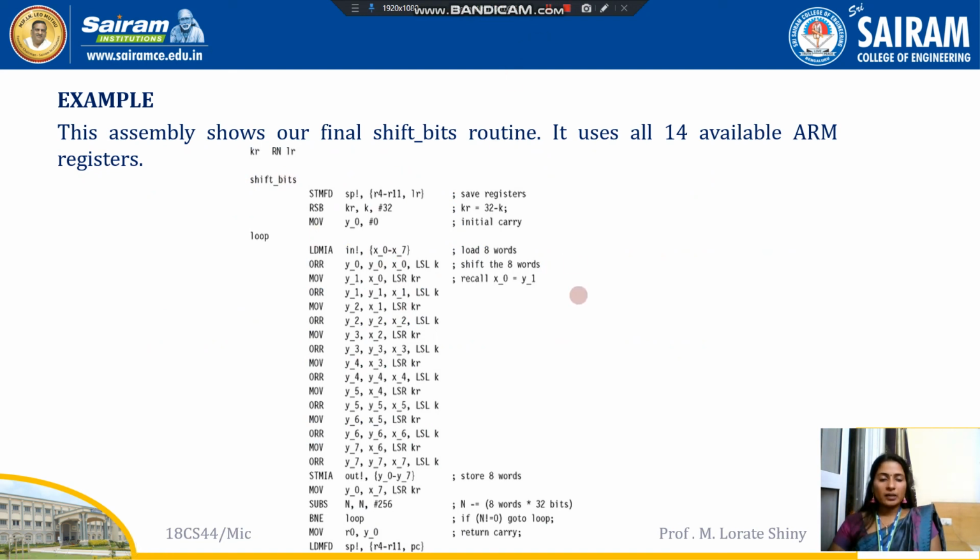KR and carry, these two are left out, but we have only a single register. So what to do? One will be allocated. For the next one, what should we do? For kr we are using the link register. Instead of carry, I am using Y0. Wherever I have carry, I am using Y0. Y0 is initially taken as 0, so 0 will be used here, and the new value will be stored here. In the next place of carry, I am using Y1, and in the next place I will use Y2. Like that, I am adjusting this carry variable with the 14 available registers.